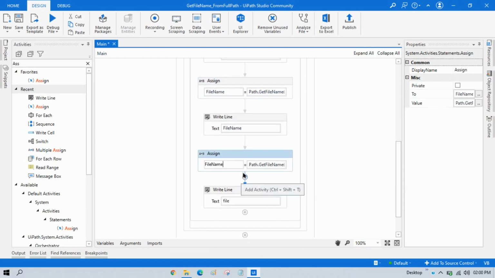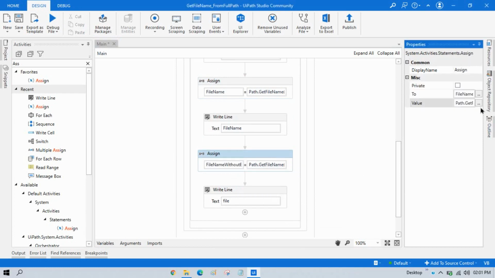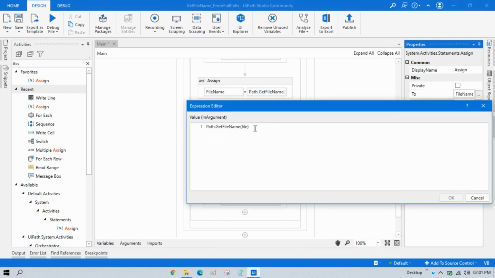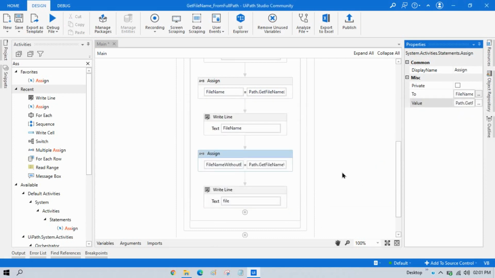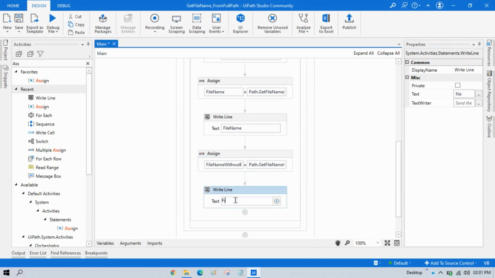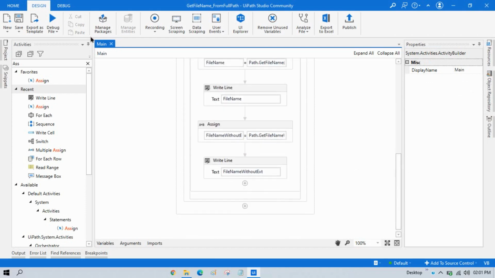Then I am going to take Control K, and this is file name without extension. Here you can see we can write Path.GetFileNameWithoutExtension. Now this will be file, and here I am going to write fileNameWithoutExtension. Now let me run this.